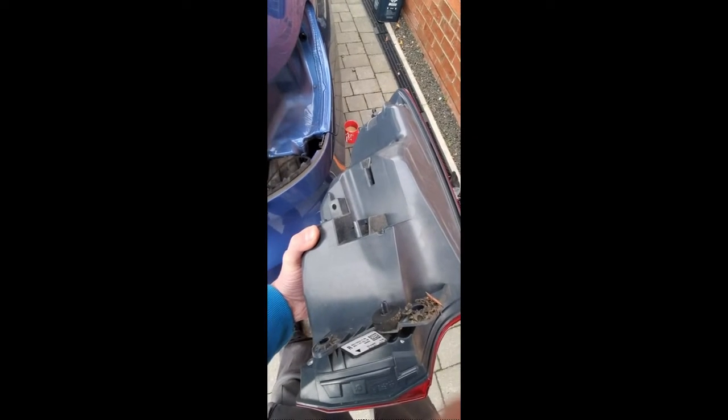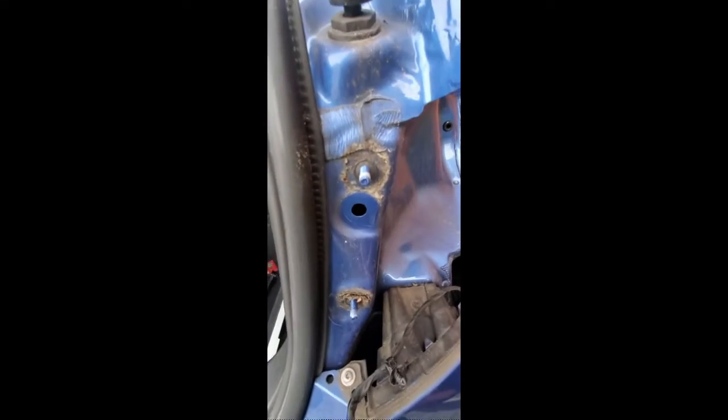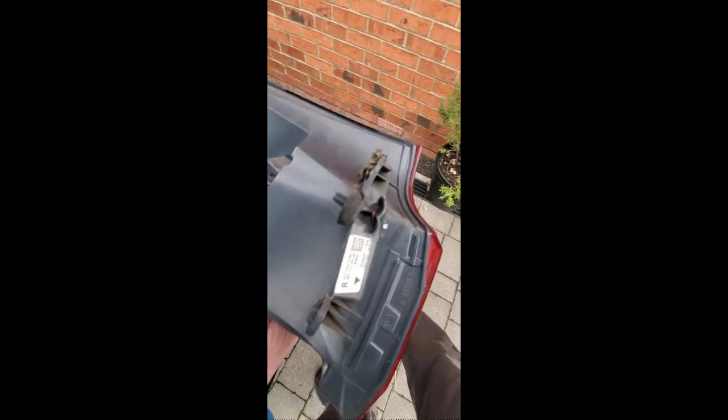So you've got to give it a good yank to get it out, and then it's got one connector which you can just unclip on there, and that gets the light pod off. So that's the light pod off. You can see there's that hole again where all the water gets in, and all that is that sponge there,